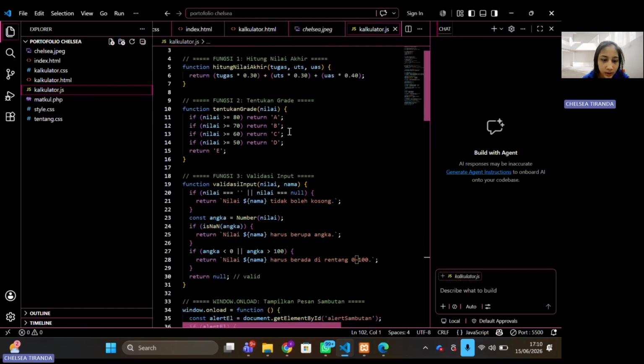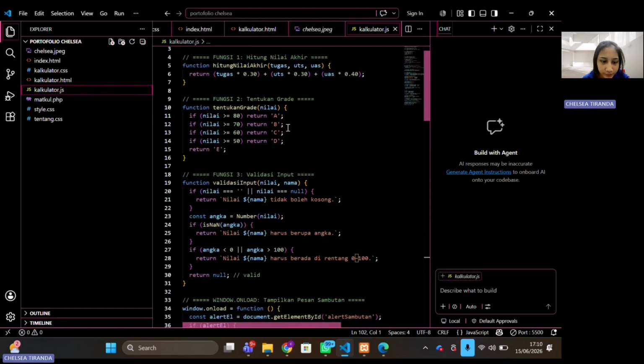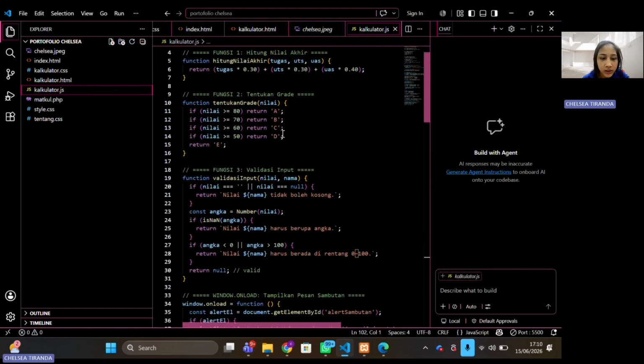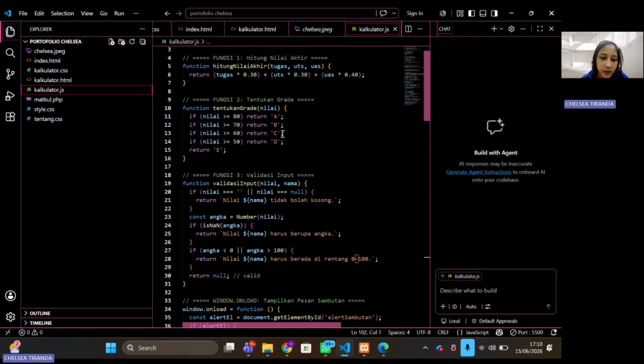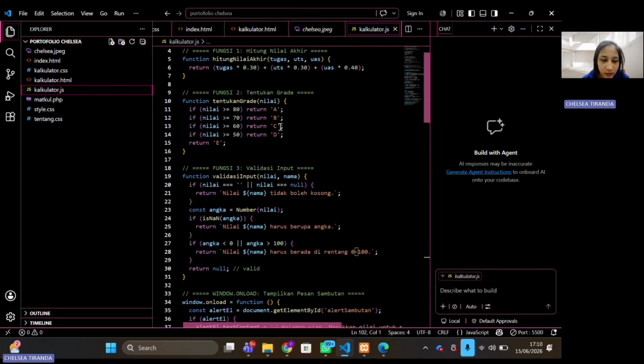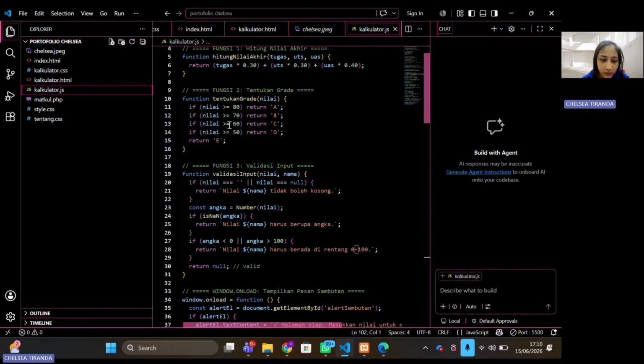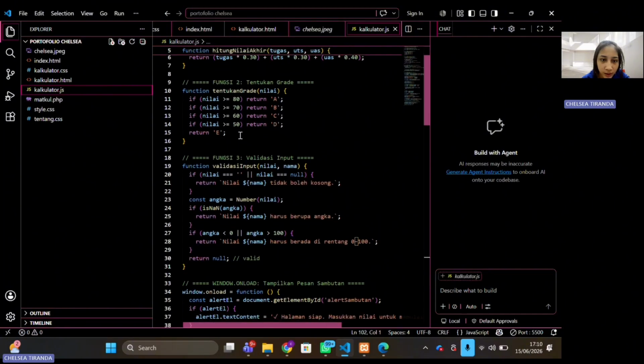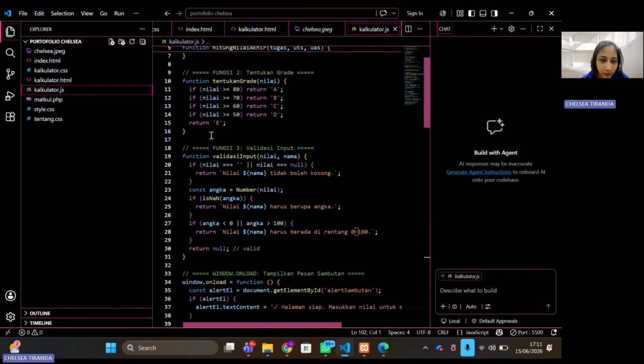Okay, second, the tentukan grade function, which receives the final value and returns a letter grade, A for values above 80, B for 70, C for 60, D for 50, and E for below 50.